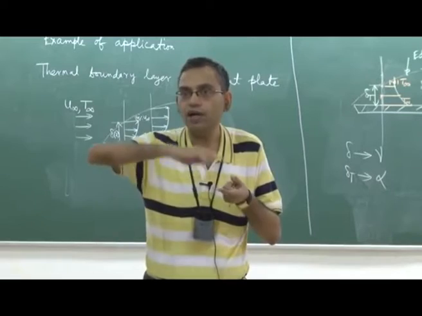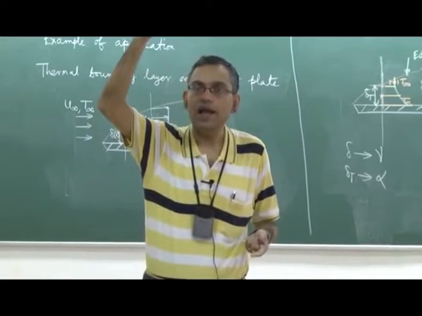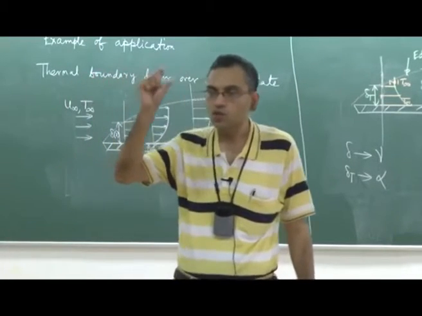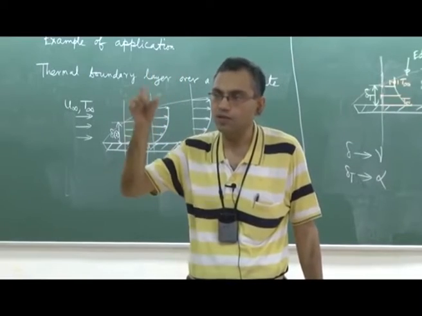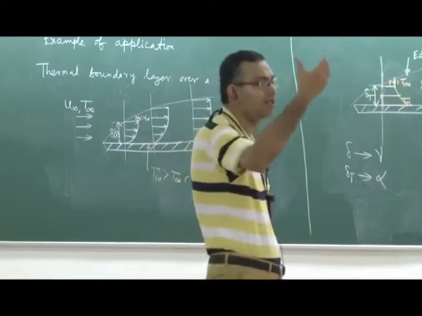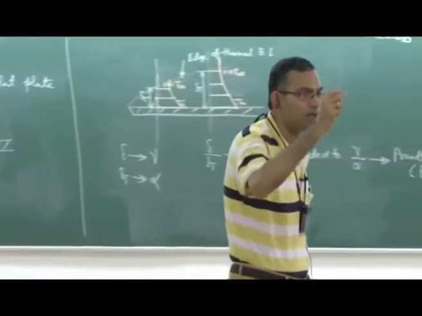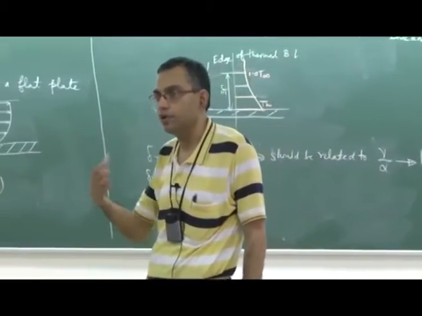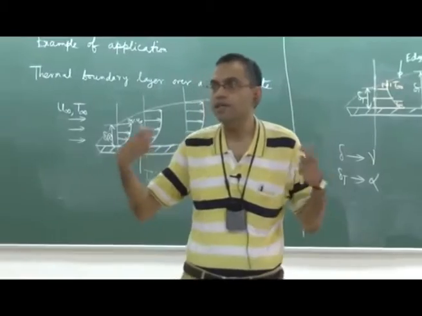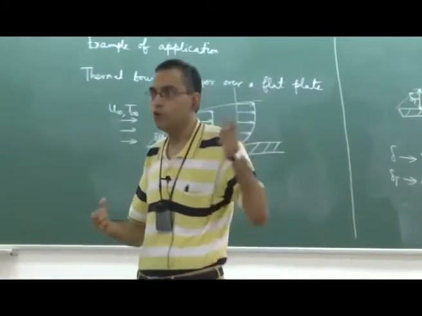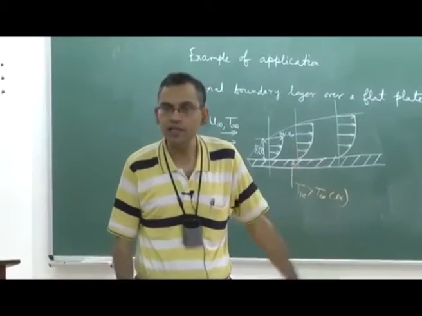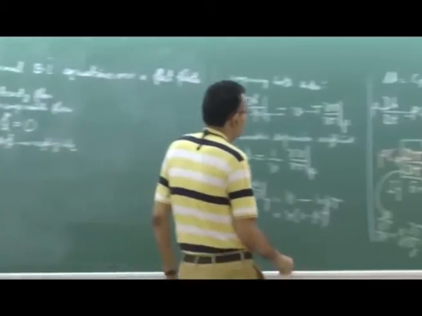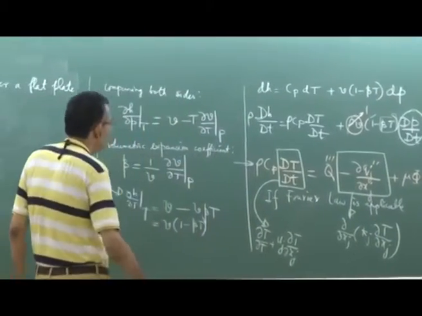Normally for flow over a flat plate with open ambience the viscous dissipation will not be important, because viscous dissipation depends on the square of the velocity gradient. So, if the velocity gradient is very large then that will be important. In very small confinements, if a fluid is constrained, then viscous dissipation may be important. We will talk about some such examples in this course, but for flow over a flat plate we will assume that in general viscous dissipation may not be important.